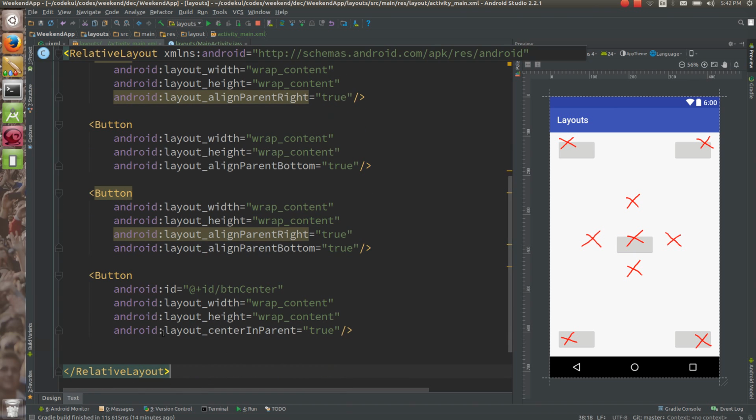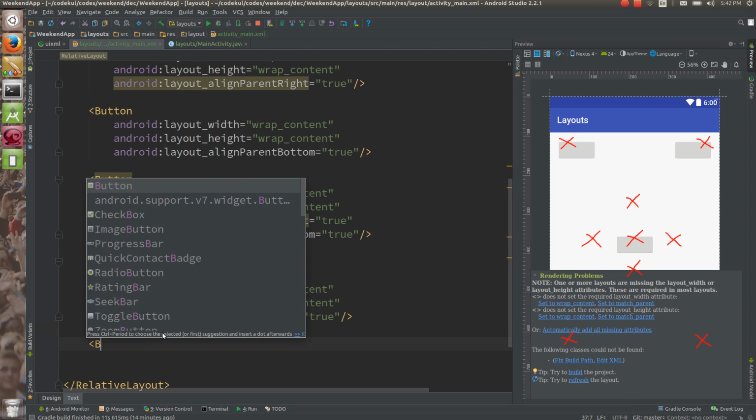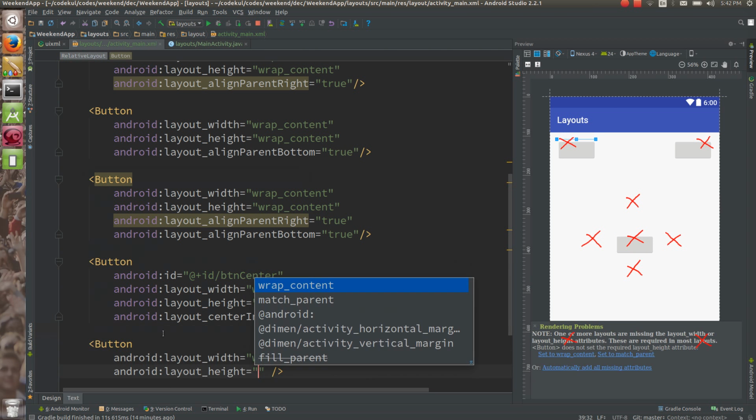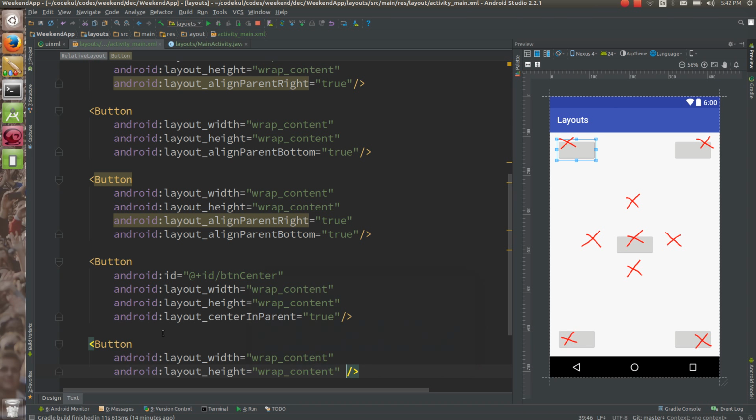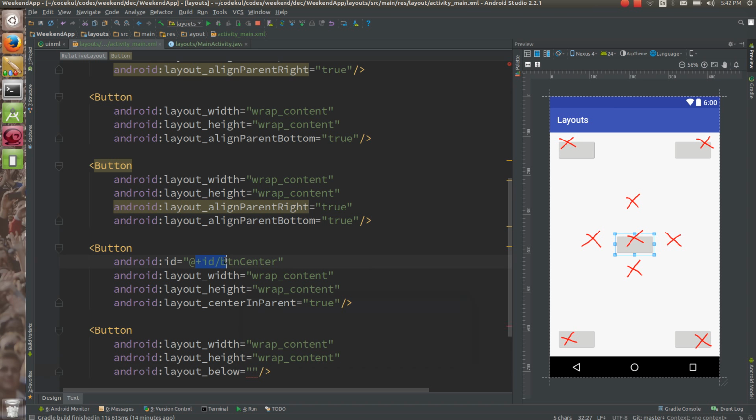Right, now right of center, left of center, above center, and below center. Right, let's see this. Let me create one button, wrap content and wrap content. Right, below, now I am referring to the center. I'm not creating a new one here. I have created at plus id, which means I have created it.